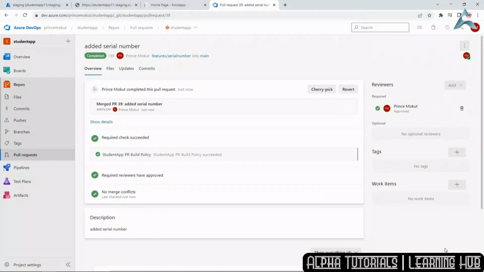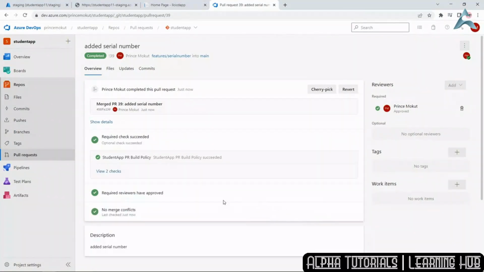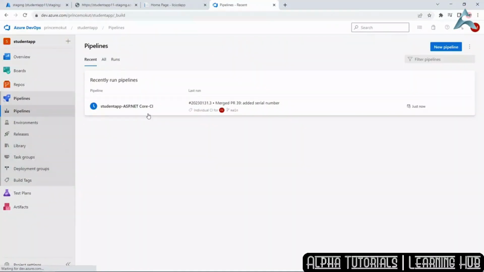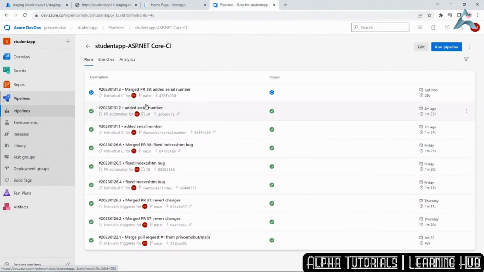And that's it. So if we go to pipelines at the left and check the build pipeline, it should be triggered for the main branch. This is automatic, meaning anytime a developer makes changes and pushes to a feature branch, then creates a pull request, which is then approved, the main branch will trigger the pipeline to run, and then we'll see how the release pipeline would run. You can click on this pipeline to view the logs,